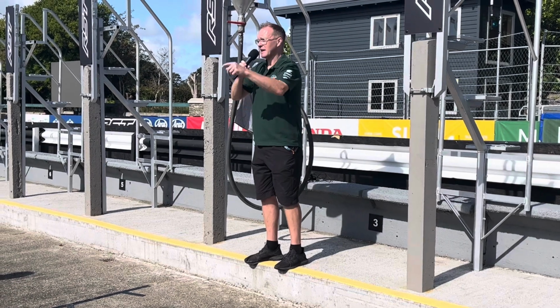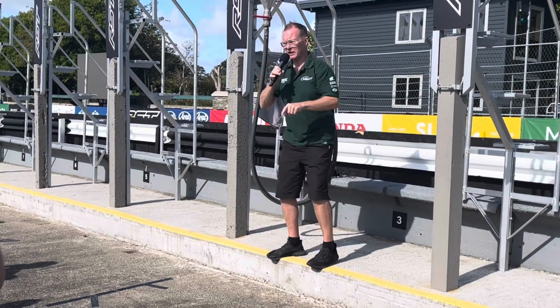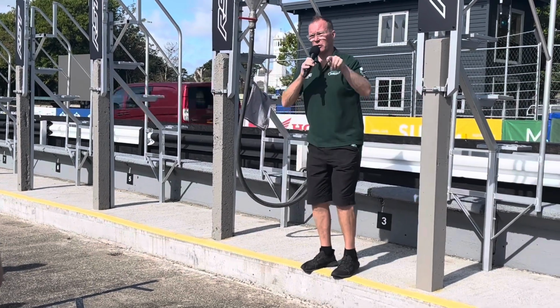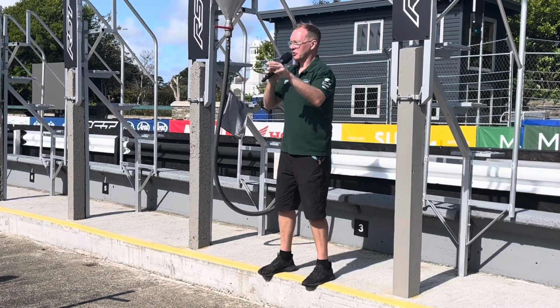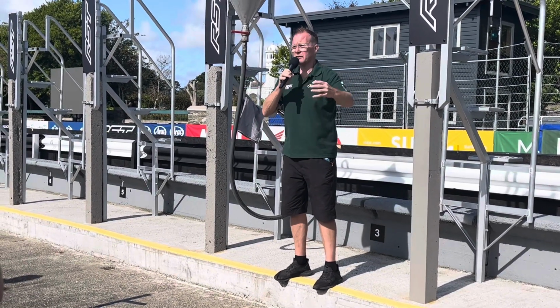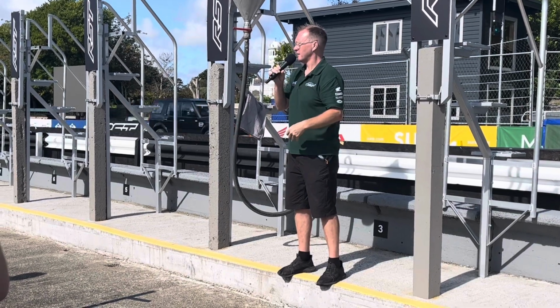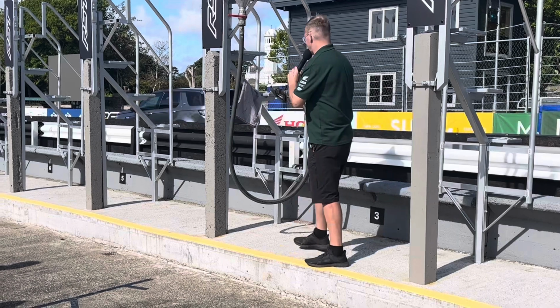So you want to designate your jobs to each one of your pit crew and say, right, okay, you're in charge of the screen, you're in charge of handing them the water bottle, you're the fireman, you're the fuel man, okay? So it's literally just making sure that everybody knows before your rider arrives which job they've got, okay? So that's always good to have. So your fuel man, ultimately,